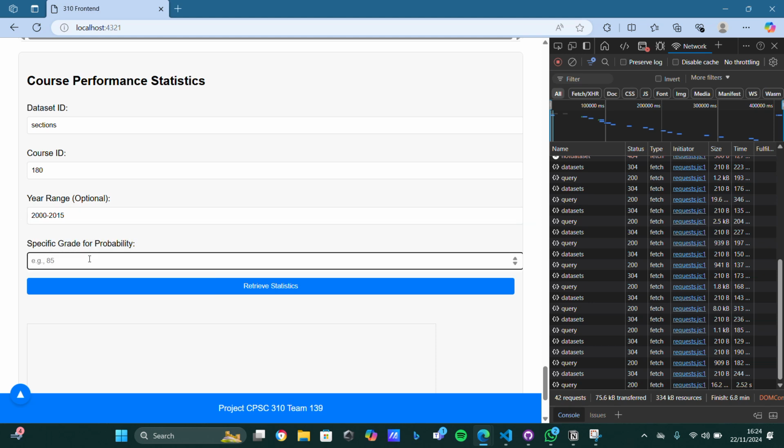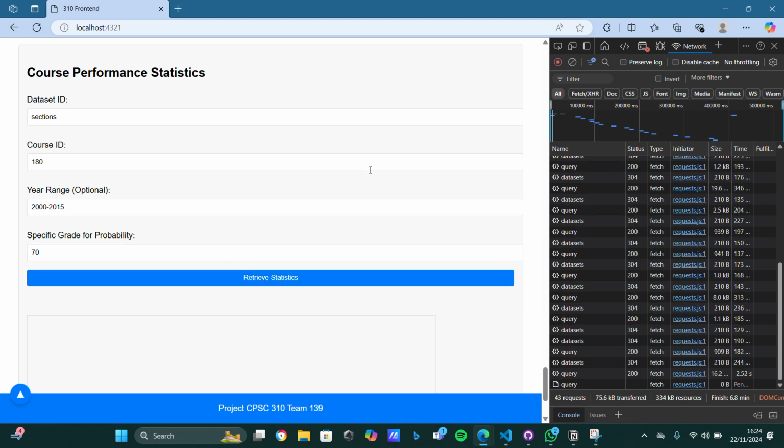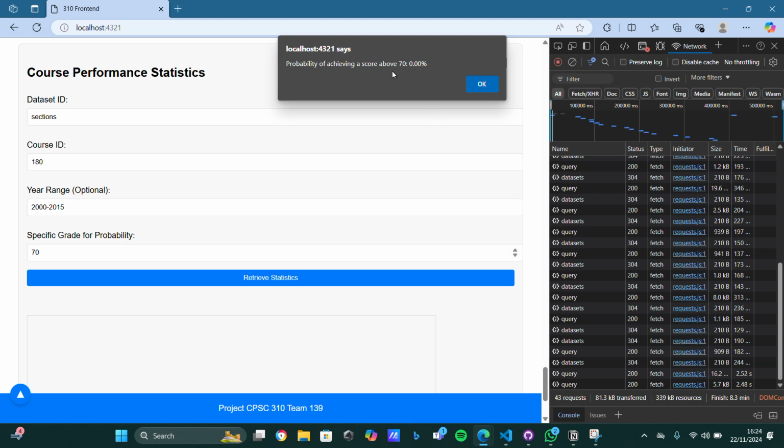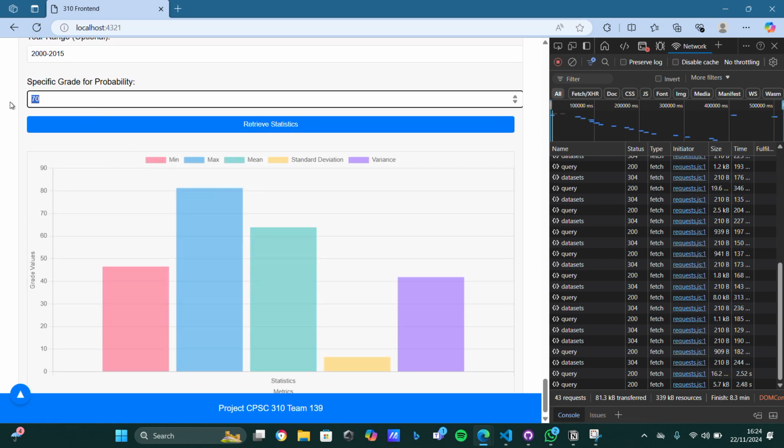For a specific grade, maybe 70, is the probability of getting that score in that course. And we can review the statistic, and then it pops up that the probability of getting 70 in that course is almost 0%. Maybe it's 0.0 or something, but it's very small because the average we can see is very low, 63. But if we lower it to 60,